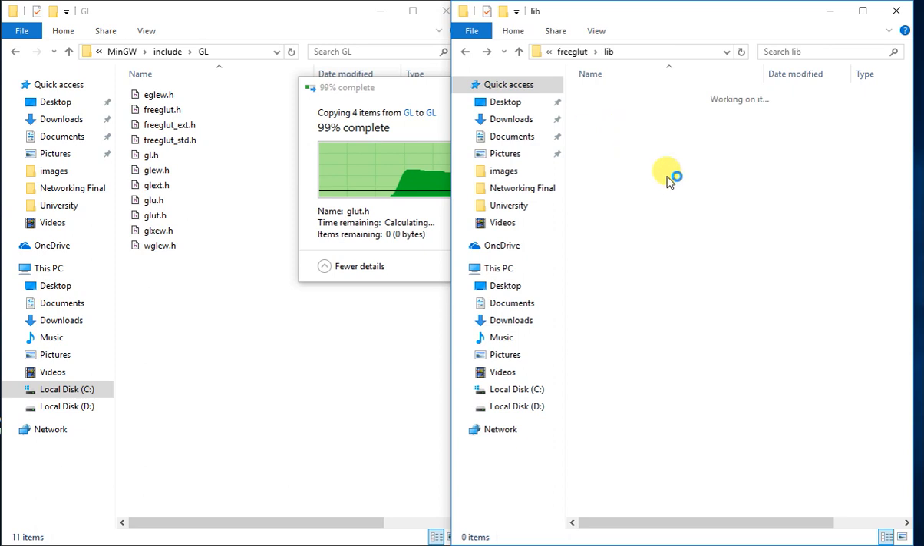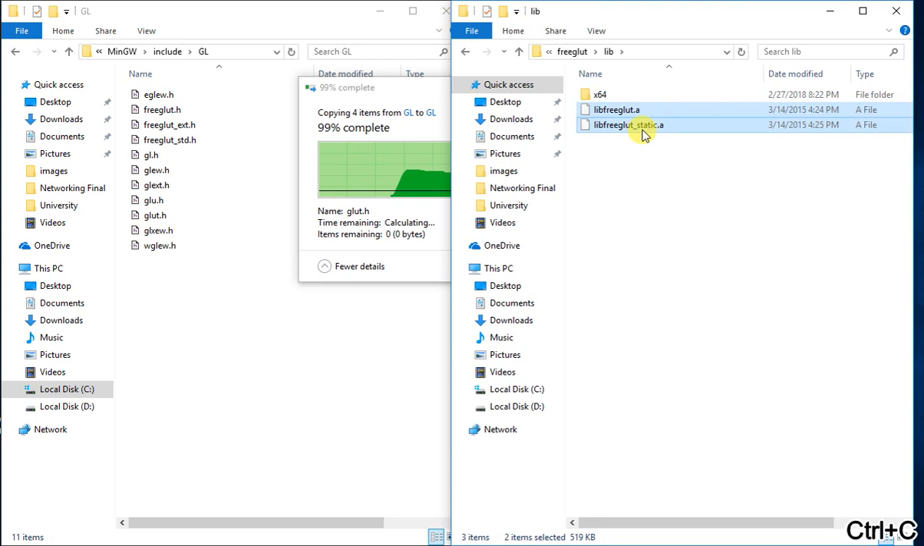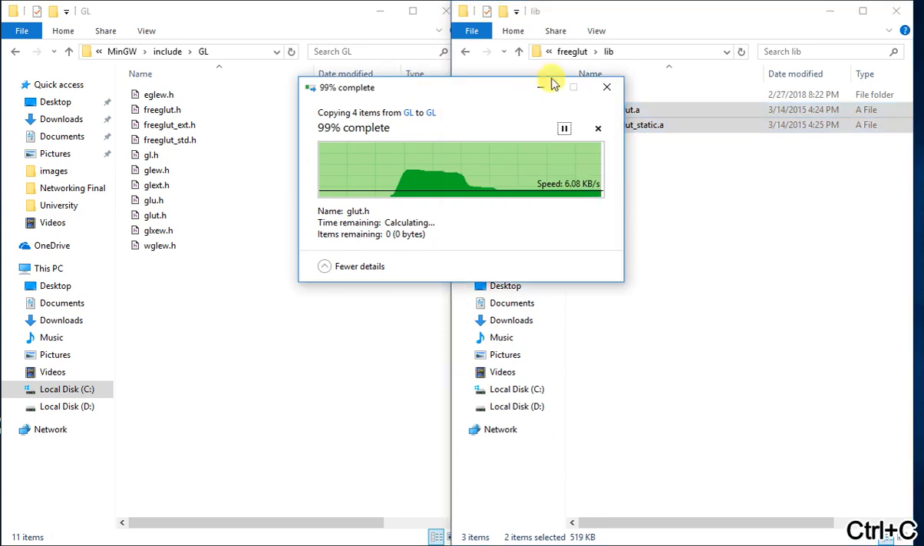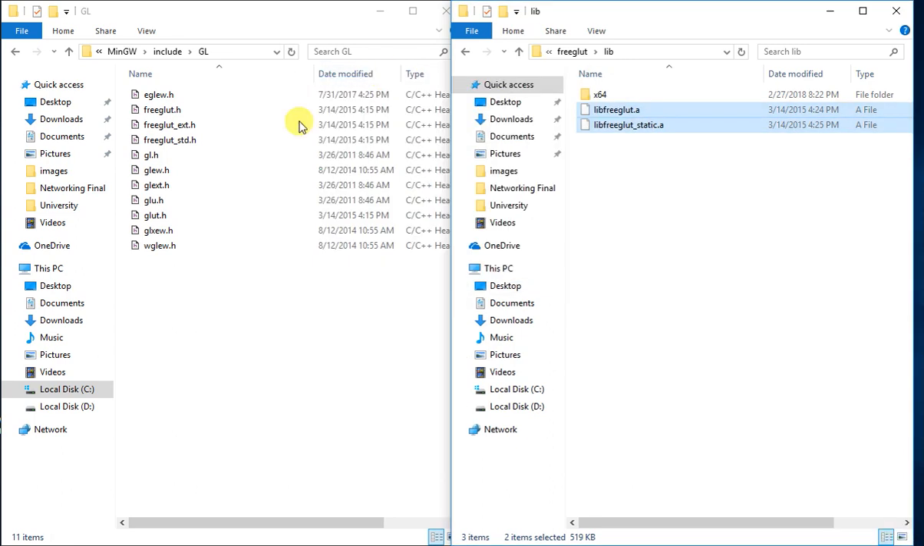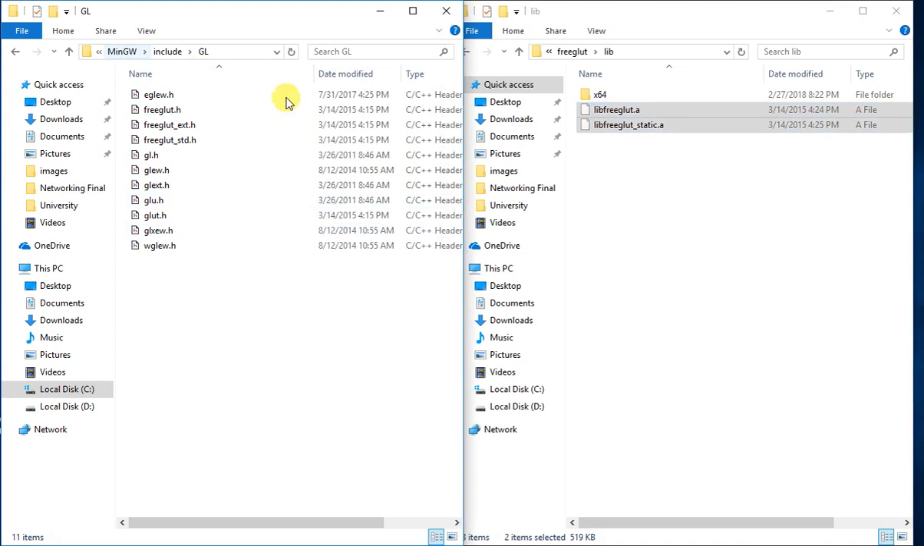and there will be two types of files again here. These two files are for those users who have 32-bit Windows. So if you are a 64-bit user, you can go into this folder and copy the same two files from that folder. Just copy these two files